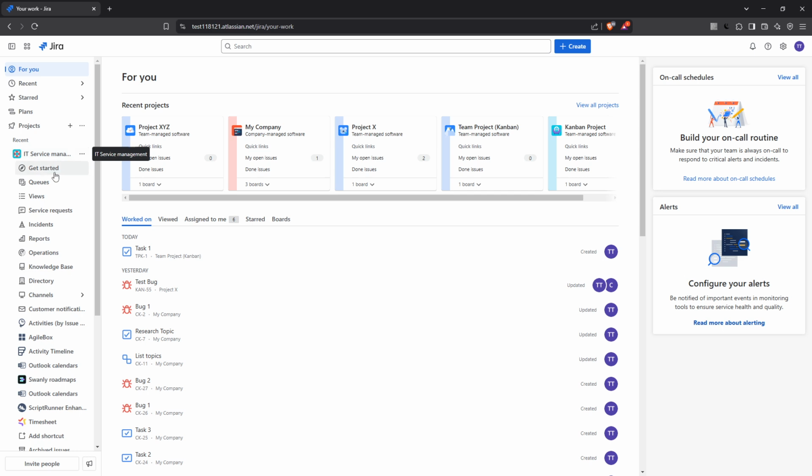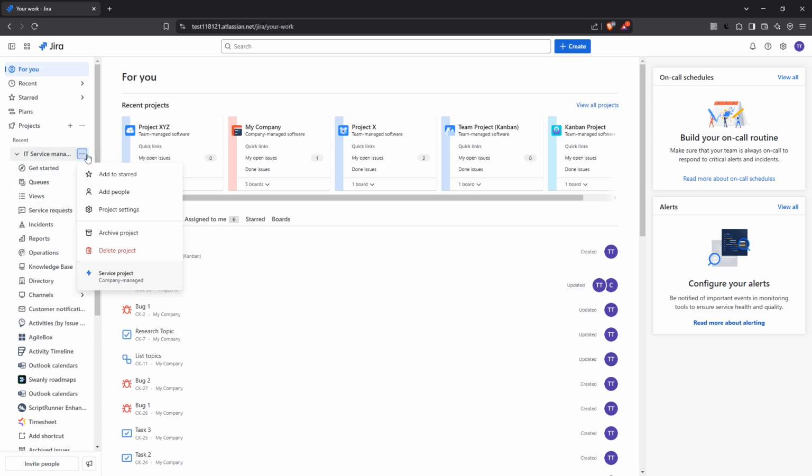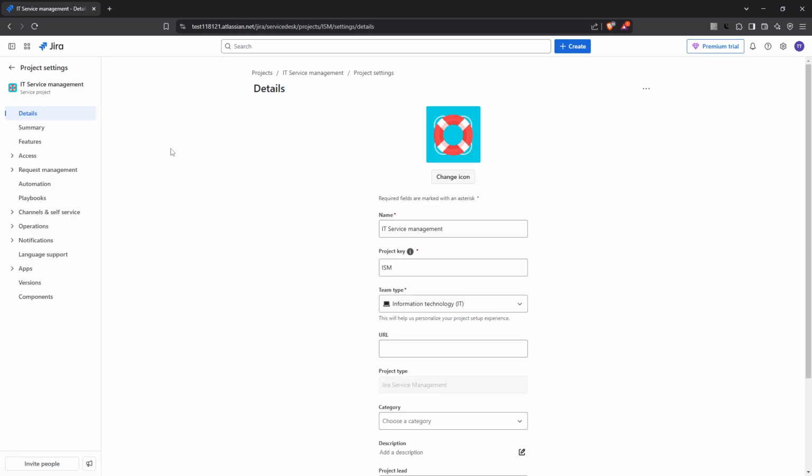Now that you're in your selected project, look for the three dots next to your project's name. These dots are your gateway to additional options and settings. Go ahead and click on them, then select Project Settings from the drop-down menu that appears. This will lead you to the thorough settings panel for the project, where you can manage various aspects including request